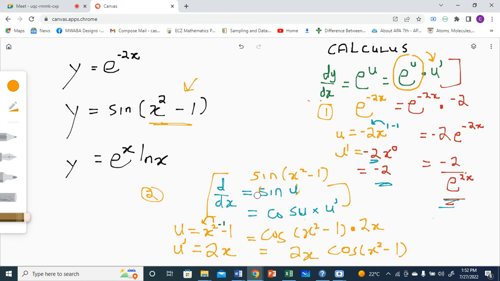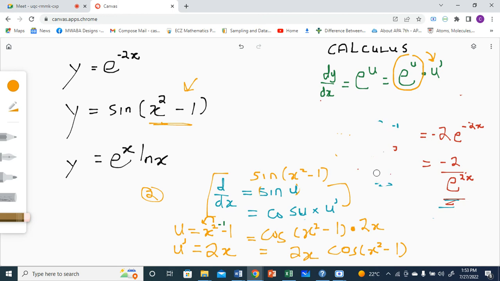So please write these down, which I've highlighted. This one in blue and this one in green here. Just highlight them. Write them down. Right, then question 3 here, we have y equals e to the power x times the natural log of x. All right, so here the product rule is going to come to play. Why? Because we've got different types of functions. We've got an exponential function and the natural log. All right. So that's when you know that, oh, here is where I have to apply the product rule